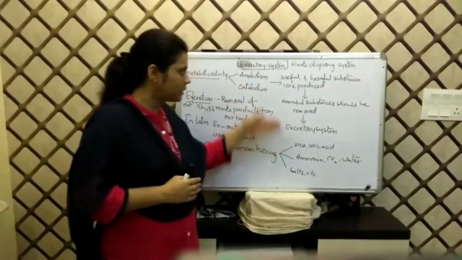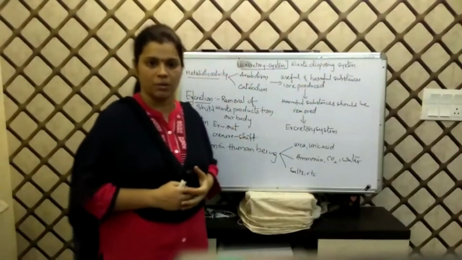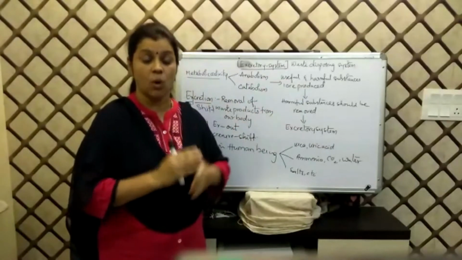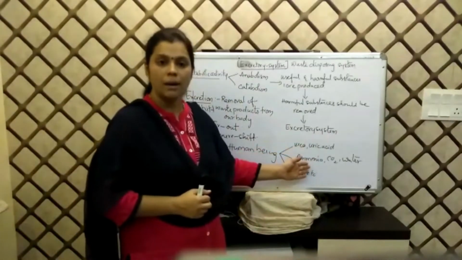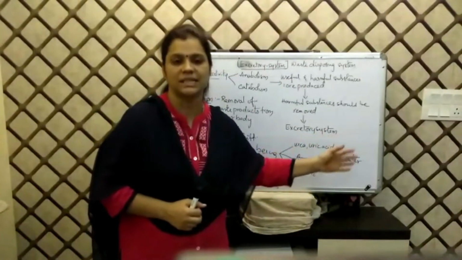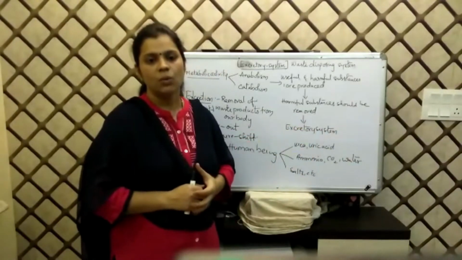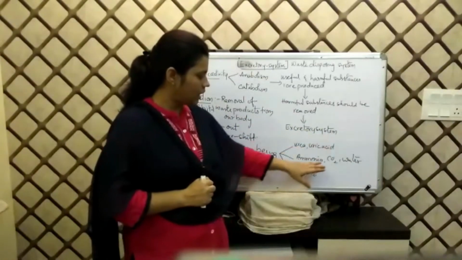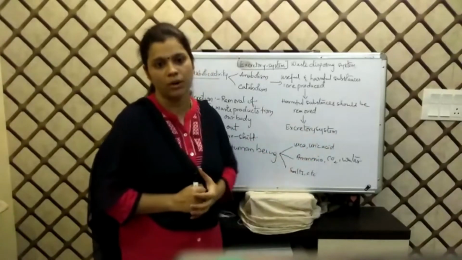Now, as we discussed in the starting, we have a variety of substances produced during metabolic activities. Some are useful. We'll keep them aside. What about the harmful substances? The harmful substances include urea, uric acid, ammonia, carbon dioxide, creatine, creatinine, salts, ions, etc. So all these are harmful materials which disturb the normal functioning of our body. Among all these harmful materials, ammonia is the most poisonous waste which has to be eliminated from our body.